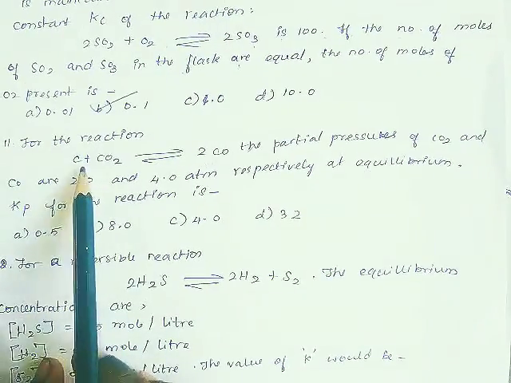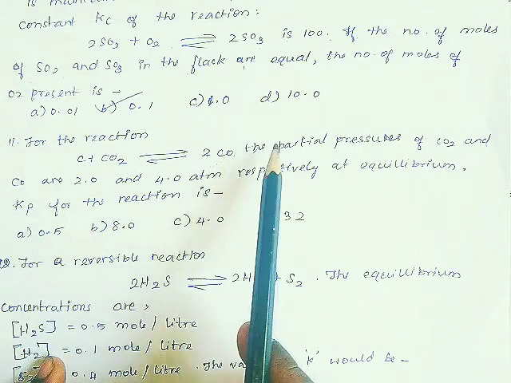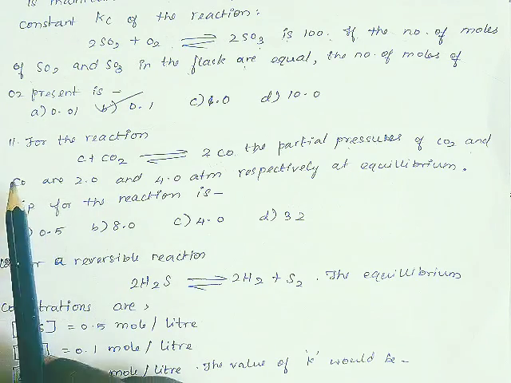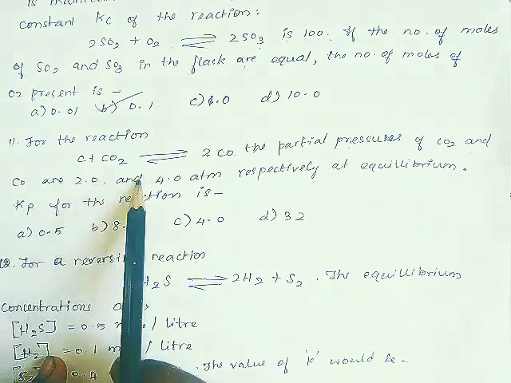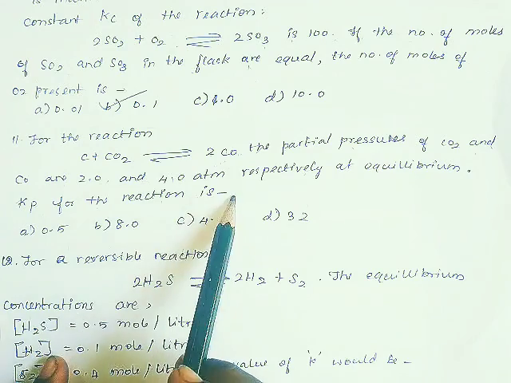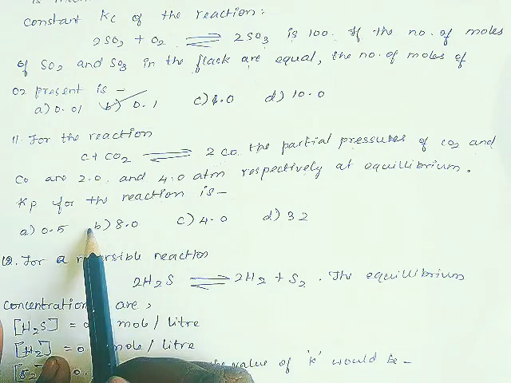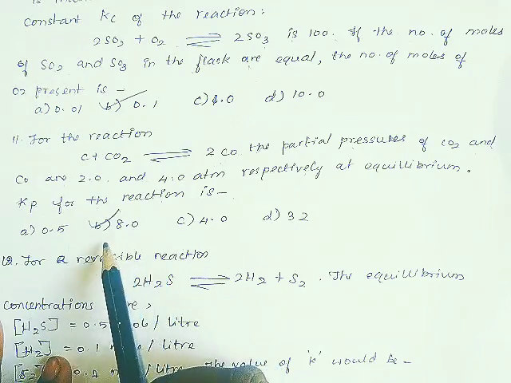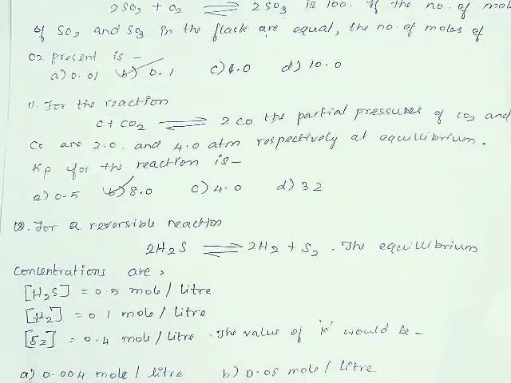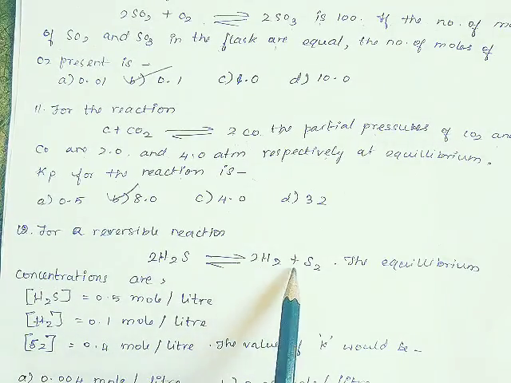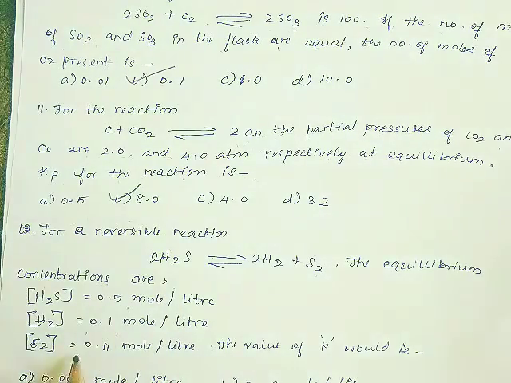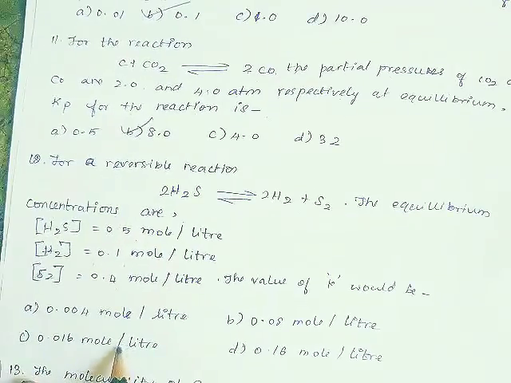Next, 11th question. For the reaction C plus CO2 gives 2CO, the partial pressures of CO2 and CO are 2.0 and 4.0 atmosphere respectively at equilibrium. Kp for the reaction is, and the correct answer is option B, 8.0. Next, 12th question. For a reversible reaction 2H2S gives 2H2 plus S2, the equilibrium concentrations are 0.5, 0.1, 0.4, and the correct answer is